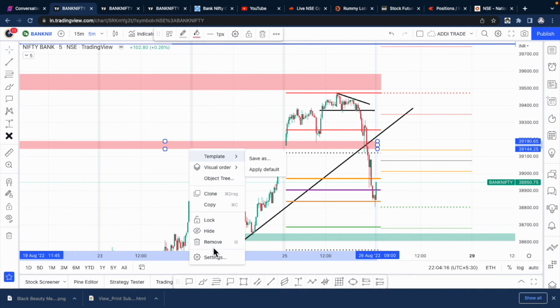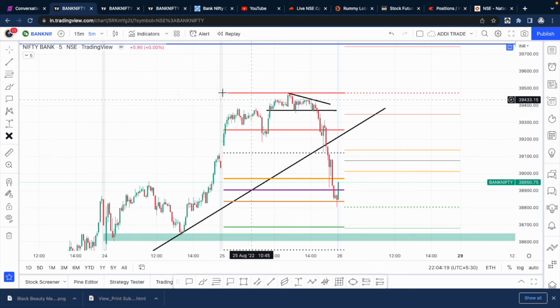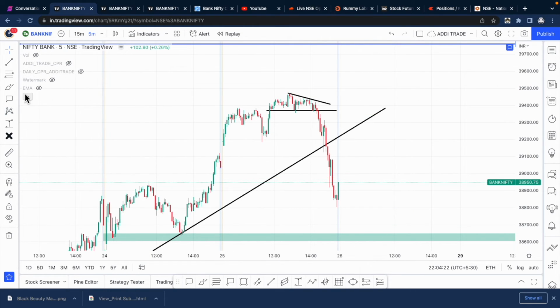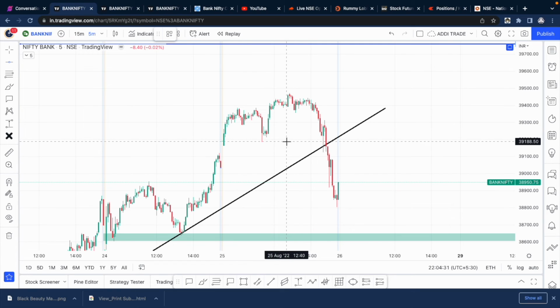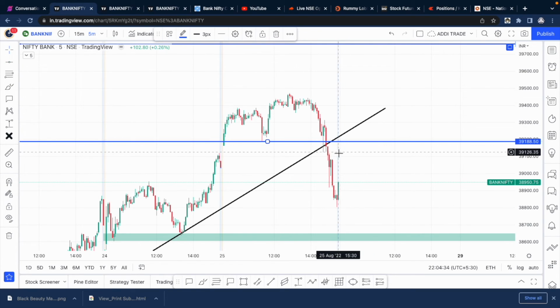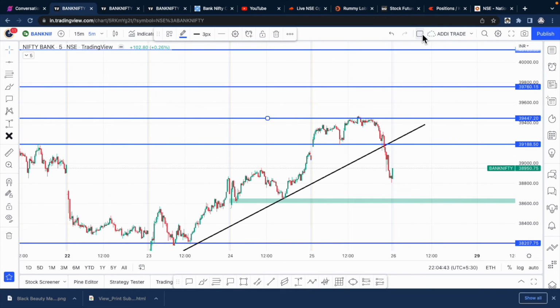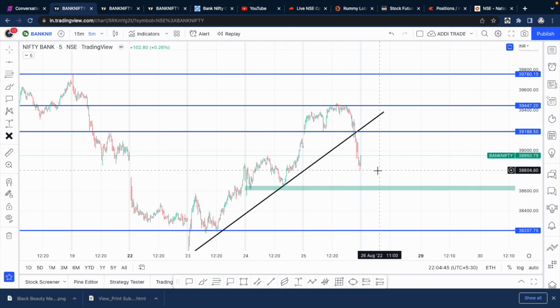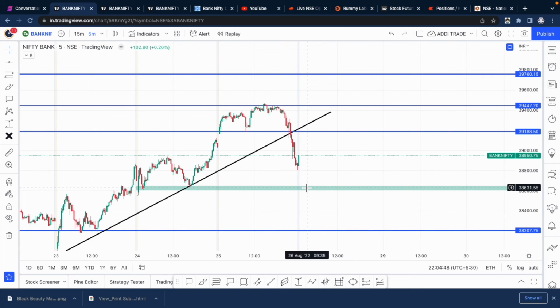I'm going to get rid of all this and just have this one new fresh line for tomorrow, that is this level where we can take resistance. I'll keep this trend line. There's a good possibility if we come up, we might come to retest this trend line, and then this level as the resistance, and let's see how it goes. But for tomorrow, this level 36,600 is where I'm seeing some kind of a bounce, or the market might hold this level. But if this breaks, then yeah, 38,200 is what